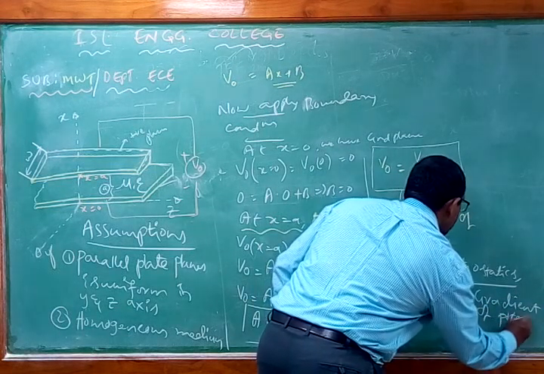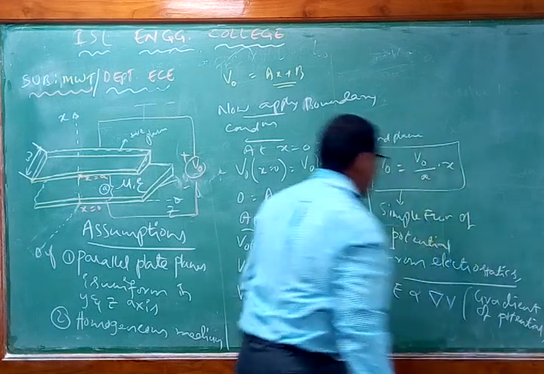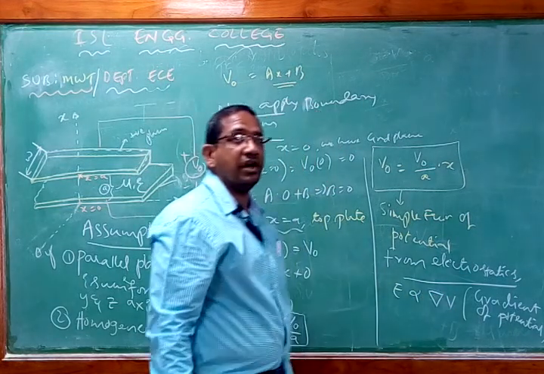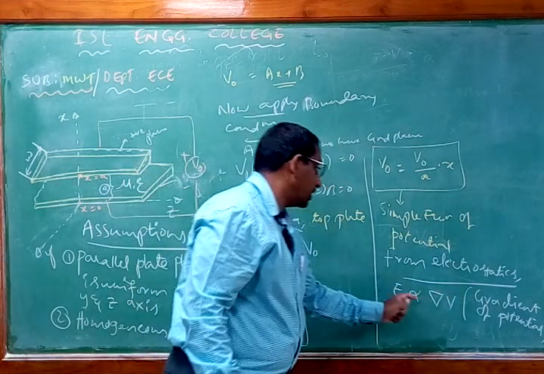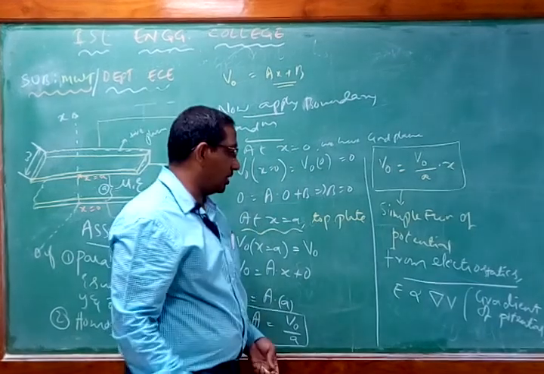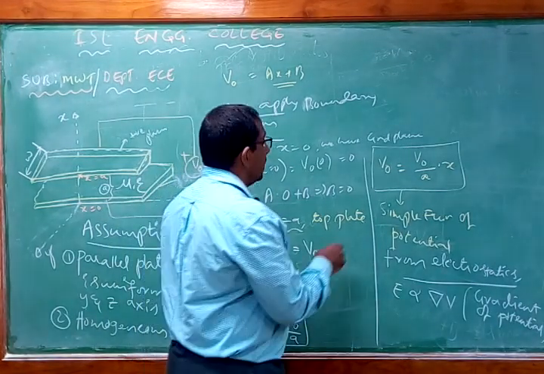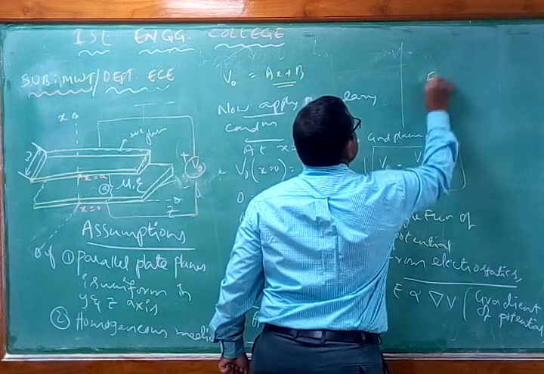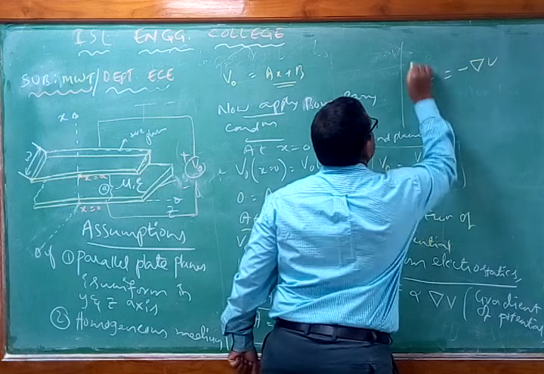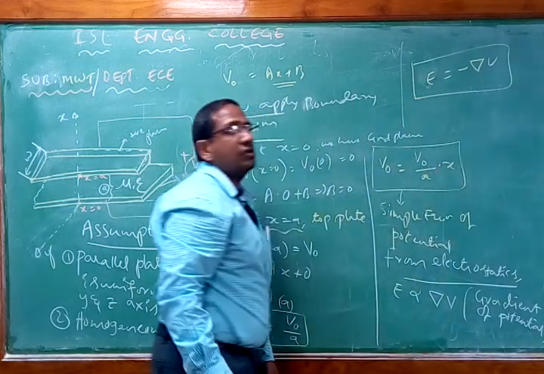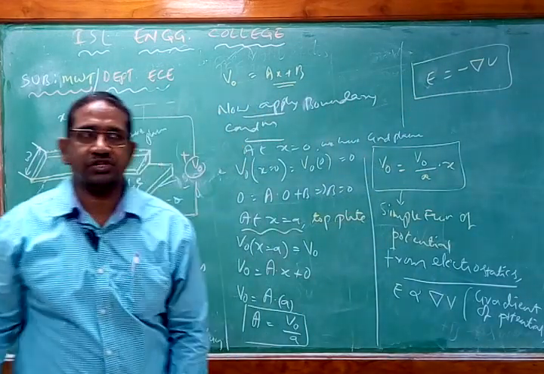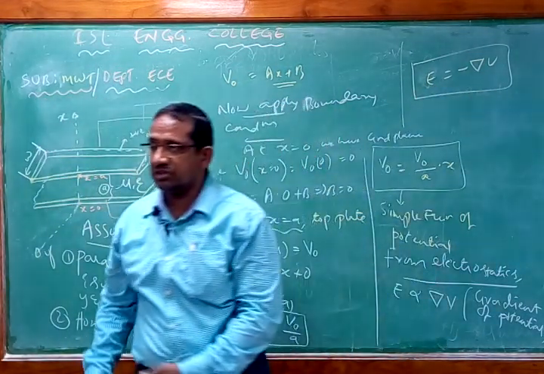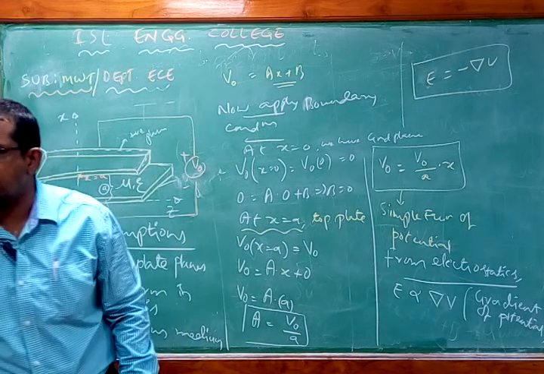potential. V is potential, del is the del operator. This del into V is known as the gradient for us. So therefore gradient of potential is equal to the electric field. So this electric field, what can I write this as now? E is equal to minus del V. So this is the general equation which we can have for the electric field representation. So electric field can be represented as equal to minus del V.